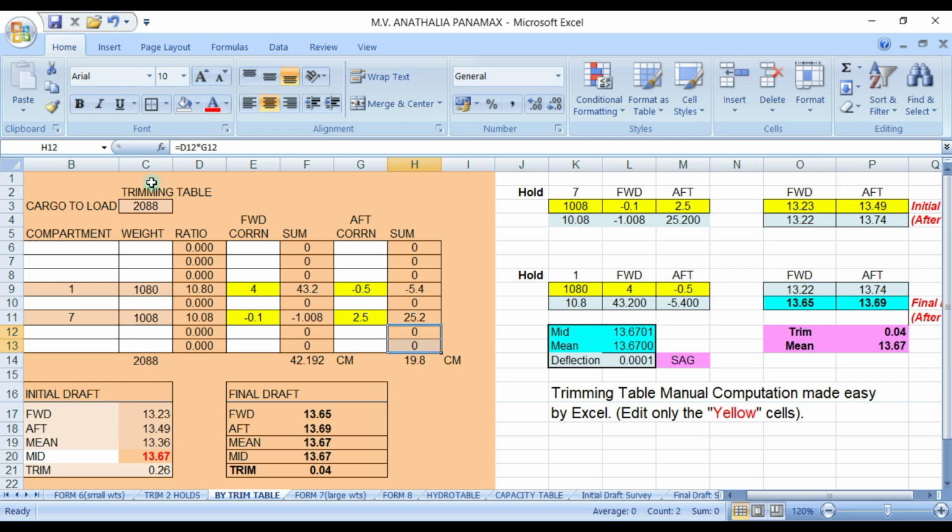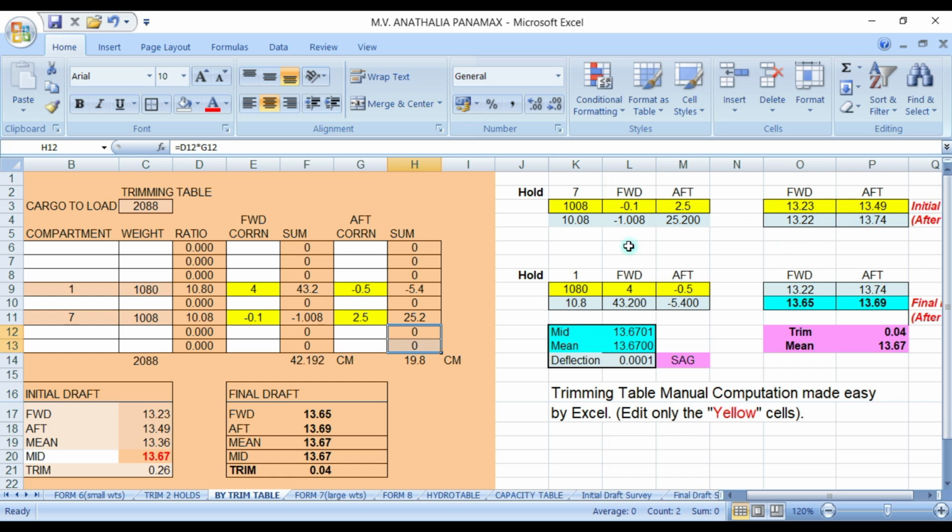But still, look, you put here load of number 7, 1008, then you put here number 7, 1008, number 1, 1080, and once you have completed loading in hold number 7, you will have a final draft here of 1322 forward and aft 13.74. Here, you will never see the draft once you've completed any hold.